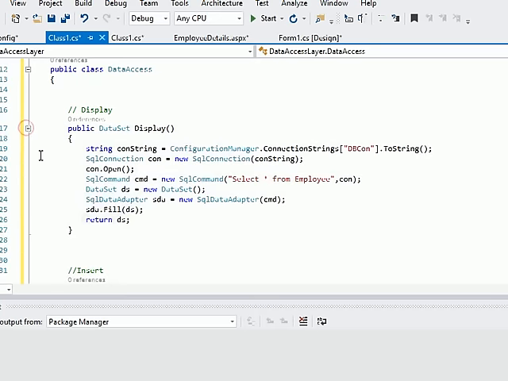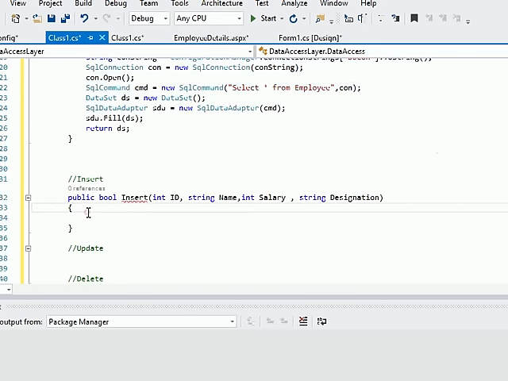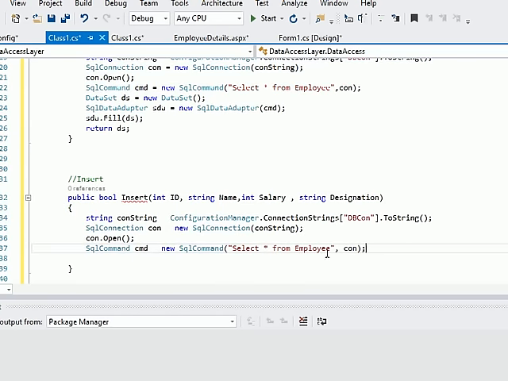We'll do a simple copy paste. I want the same connection string, I want the same command prompt, so we'll do a copy paste. Okay, now we'll change the query for the insert. Let's insert into the table named employee, values are